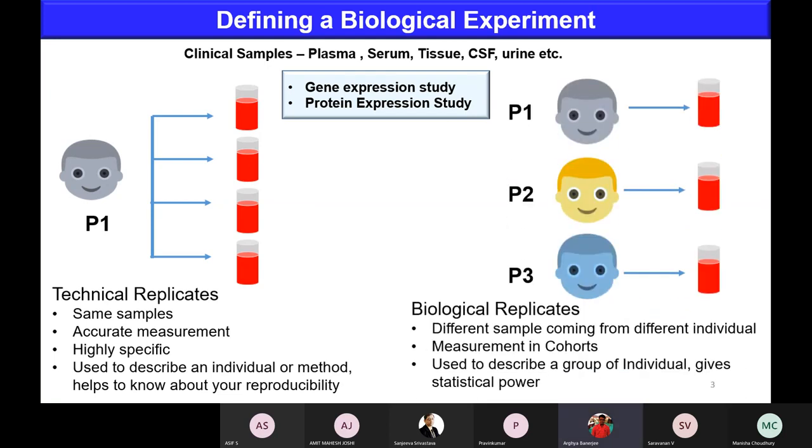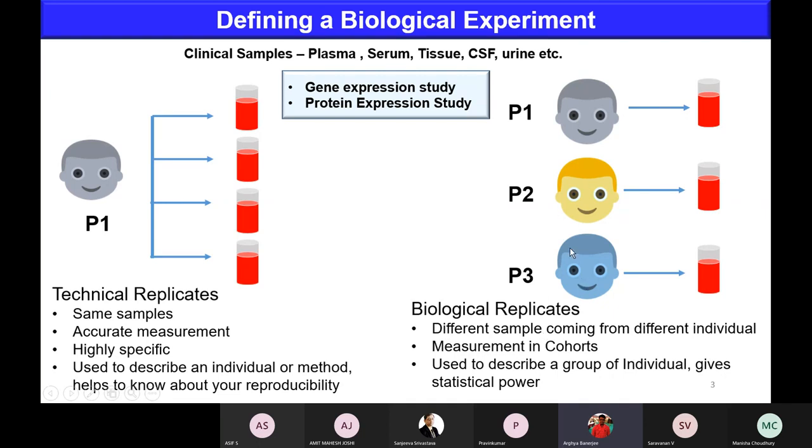If the biological samples are taken from different individuals, like patient 1, patient 2, patient 3, I have collected the biological samples, but they fall into the same domain, like diseased human beings. This kind of condition, where the samples come from different individuals but from the same domain, like humans or mouse or some other organism, is called biological replicates. So you should be familiar with the terms biological replicates and technical replicates.